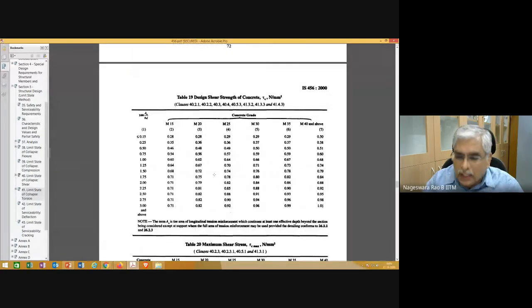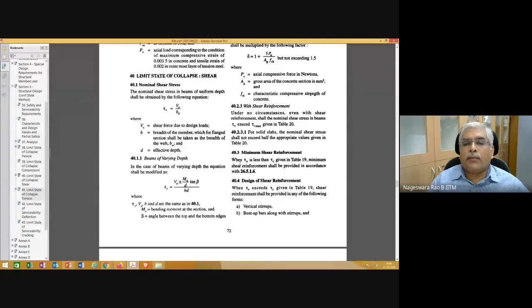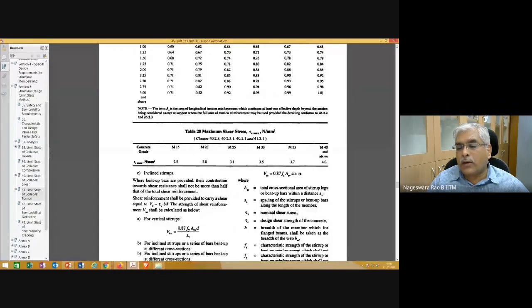And yesterday I demonstrated through several examples how to get the shear capacity of the section, or how to design the shear reinforcement once you know the shear force at a particular section. So all those concepts we need to carry forward when we are designing for torsion.